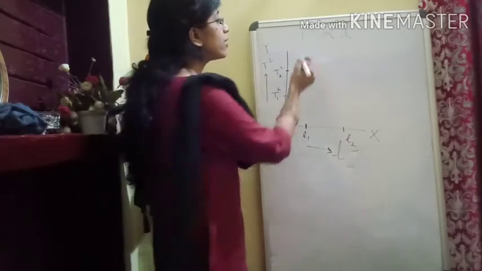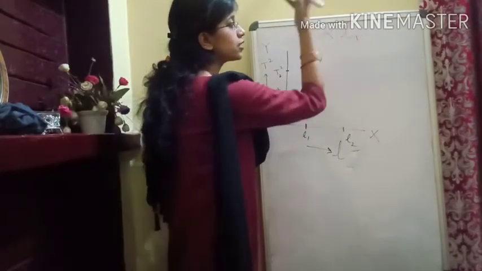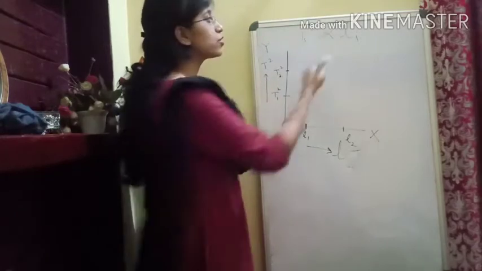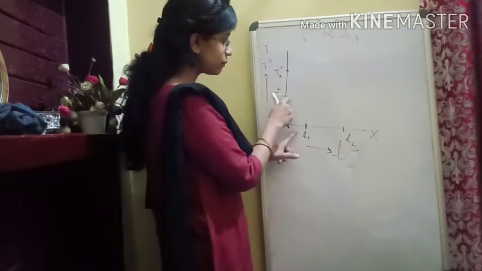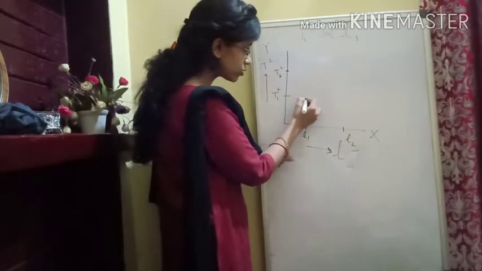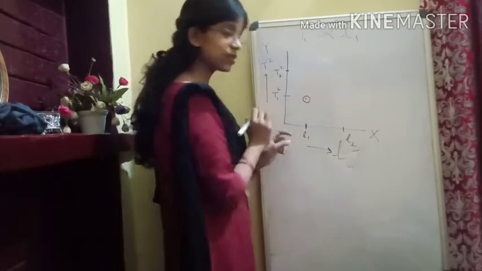Let's say when our time is t1 square, the effective length will be L1. That is, for L1 the time will be t1 square. So here comes our first point, isn't it?